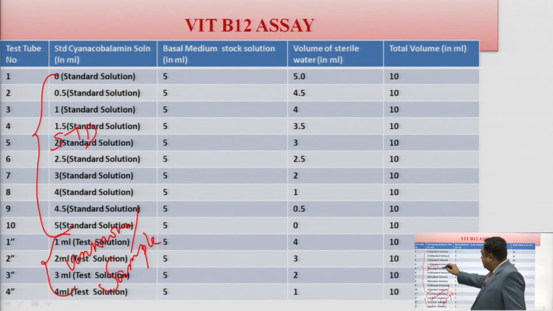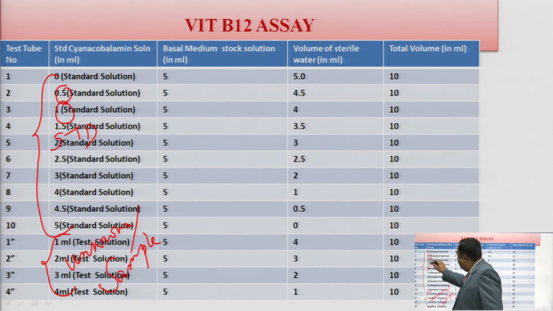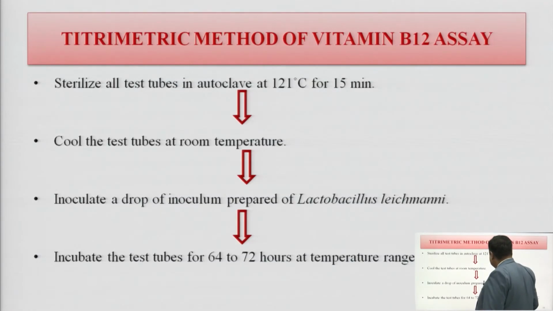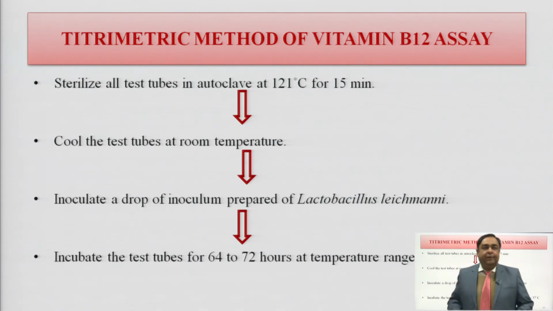These are the concentrations: 0.5, 1. A fixed volume of the basal media is to be added, and the volume made up to 10 ml with the help of sterile water. So, sterilize all the test tubes in an autoclave at 121 degrees Celsius for 15 minutes at 15 pounds per